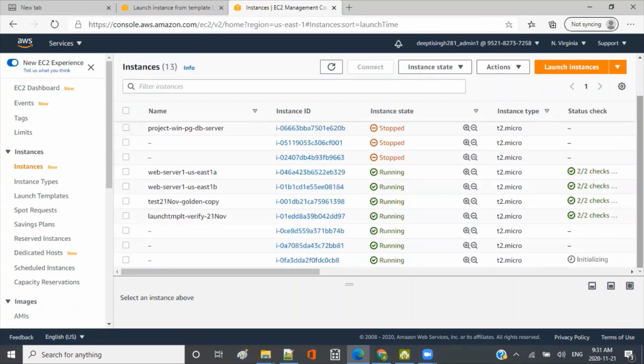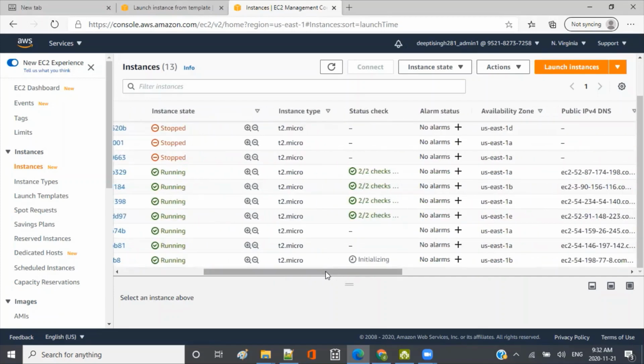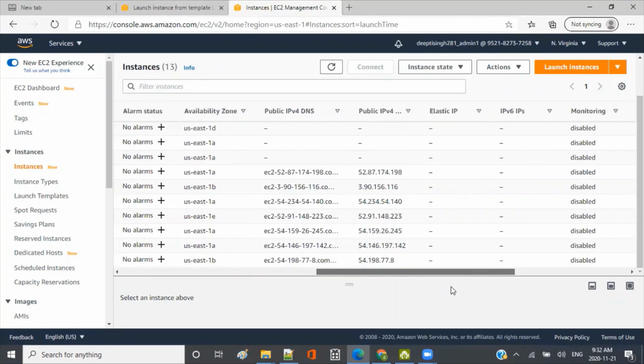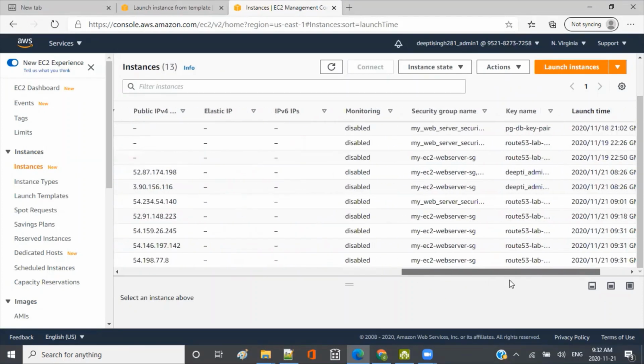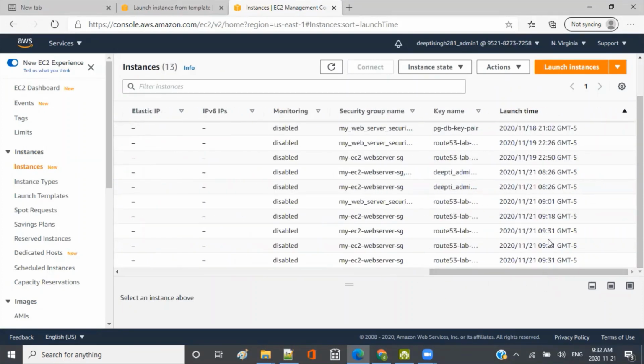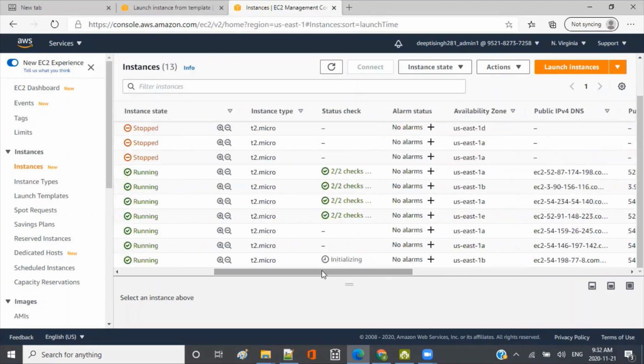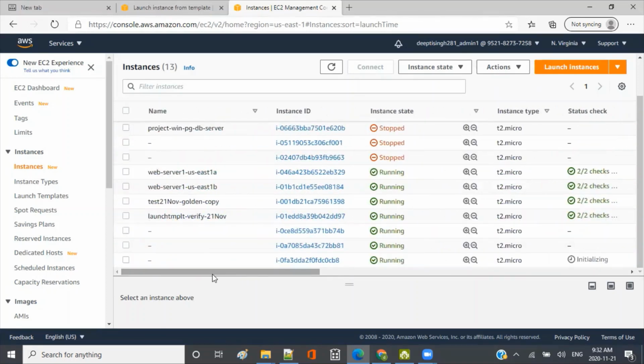Okay, so this one was for the verification, and then after the verification we have got 3 more instances launched just now, right? They are getting initialized and they are being launched by the auto scaling group. On my machine it is 9:32, so they have just been launched. So the auto scaling group has launched these 3 instances and they should go behind that target group 1, right?